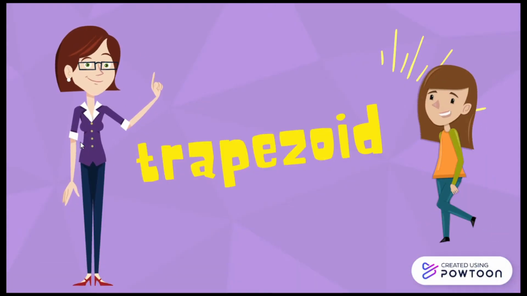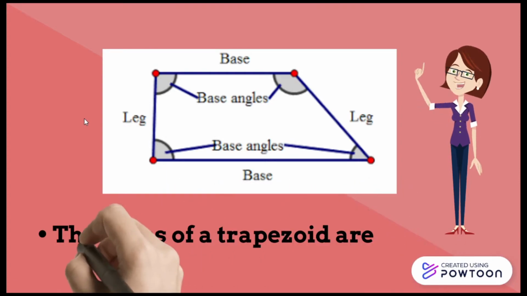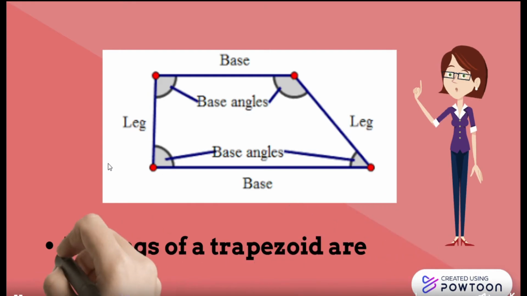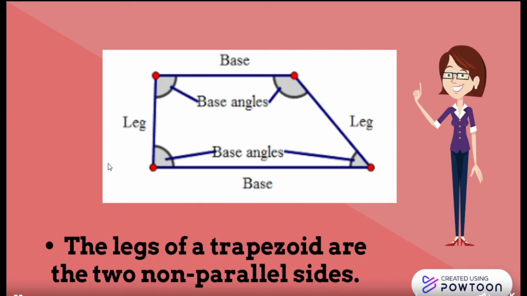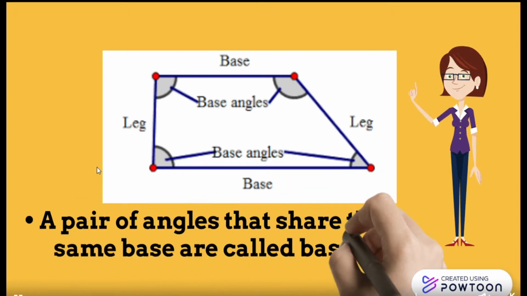Now let's proceed to trapezoid. Trapezoid is a convex quadrilateral with exactly one pair of parallel sides. The bases of a trapezoid are the two parallel sides, while the legs of a trapezoid are the two non-parallel sides. The pair of angles that share the same base are